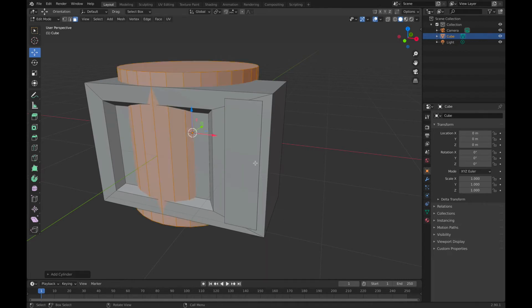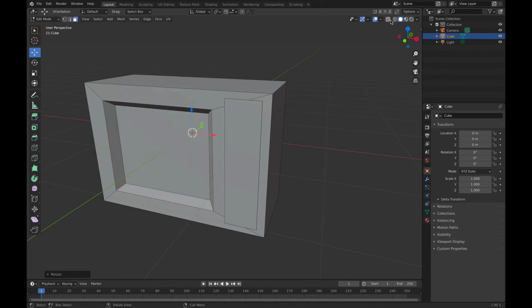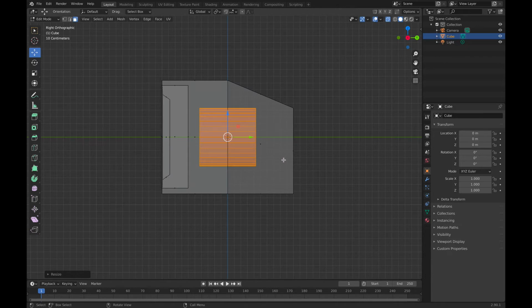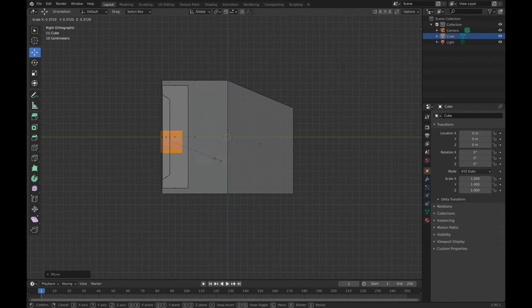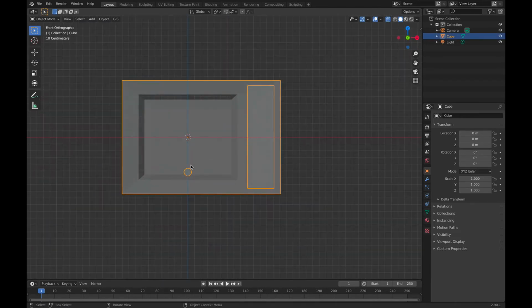So let's create a cylinder, rotate that 90 degrees on the x-axis, scale that down, and I'm just going to go to the side view to place that. Yeah, that should work. And it's in the wrong spot here, so